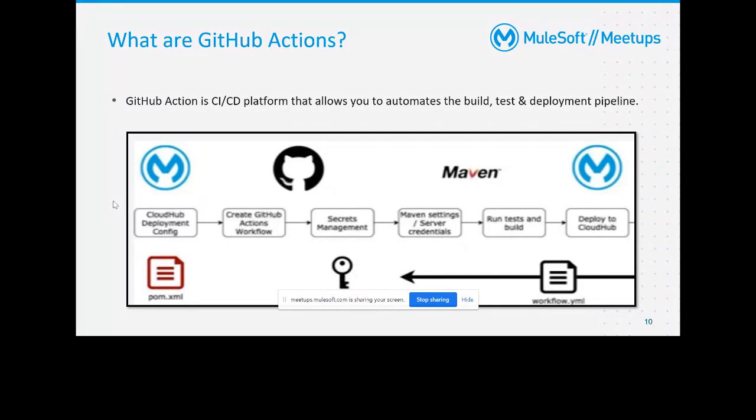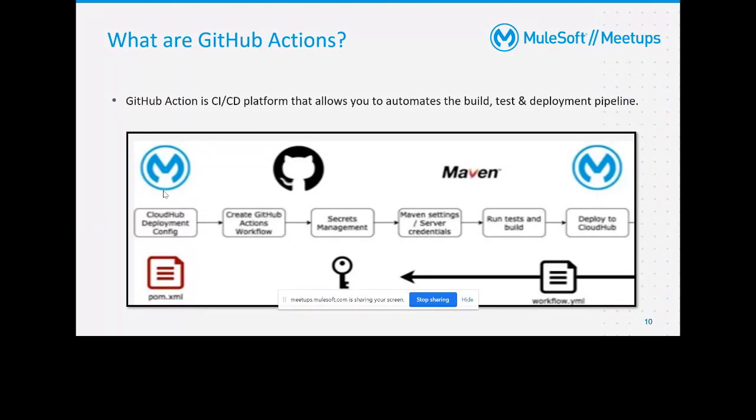So from that workflow the automated process can perform: on pushing to which branch this workflow should be triggered, where to deploy this application, on which Anypoint Platform, the credentials and all the things we can define in this GitHub Actions workflow.